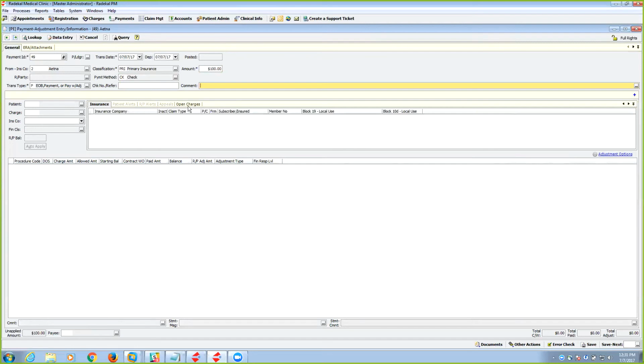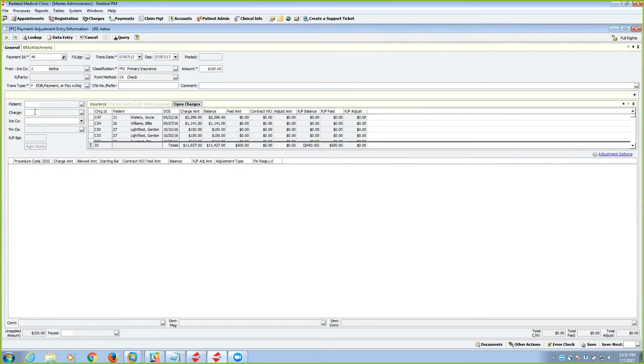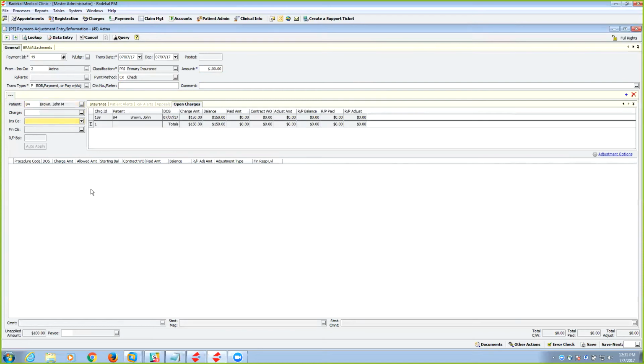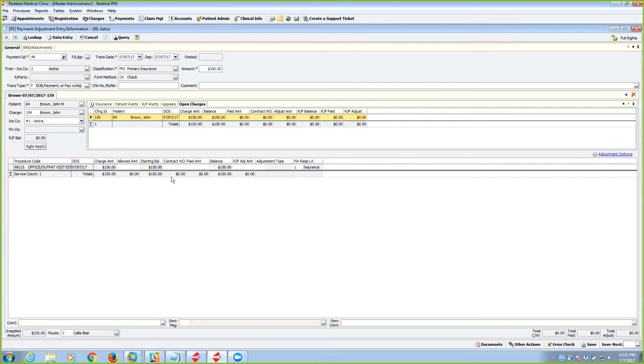So now I can come down here, click on the Open Charges tab, and look for Patient Brown. Click on them. So now I have his charge. I can click on that. It brings his charge down below. The allowed amount was 120, and they paid 100. So now the contract write-off was 30, and we have a balance of 20. If I come in here now and save that,